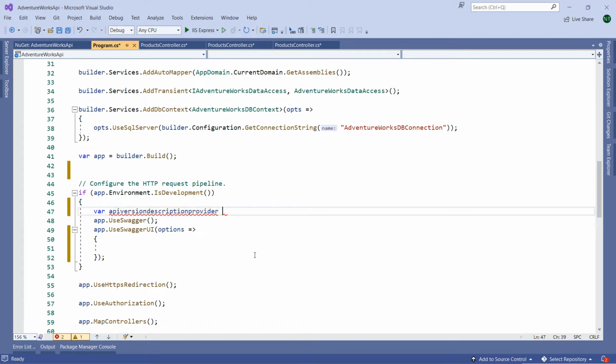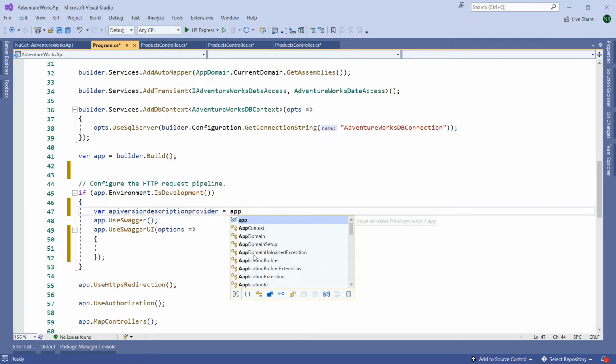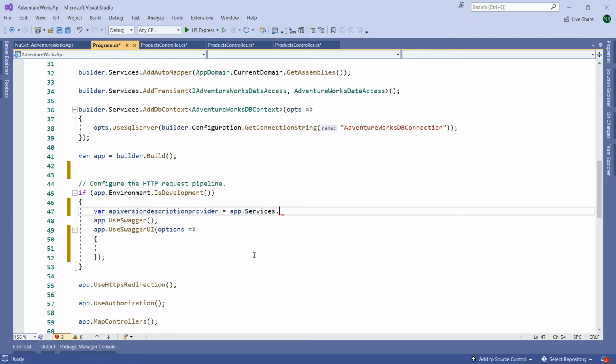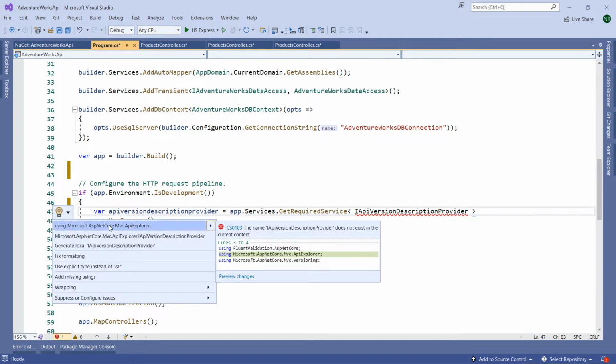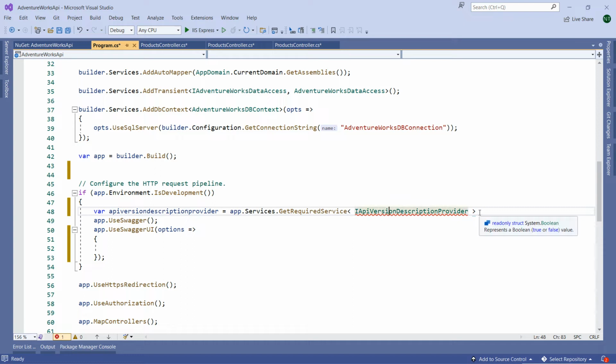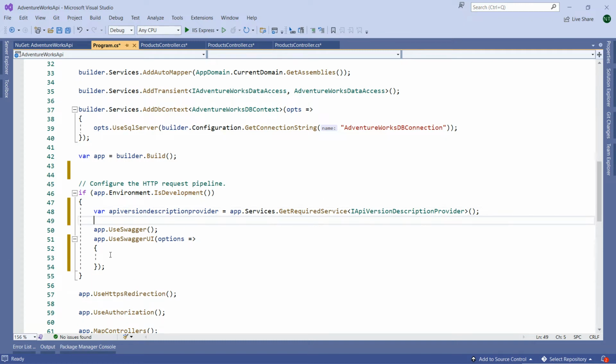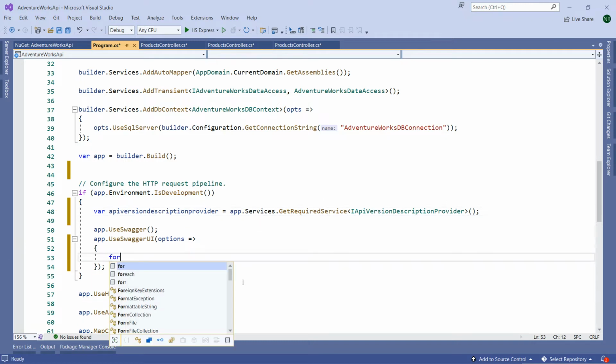Name it like this, app.services.GetRequiredService, and then I'm going to add the interface here, and it will be coming from here. Now what we will do, we will use this to describe our